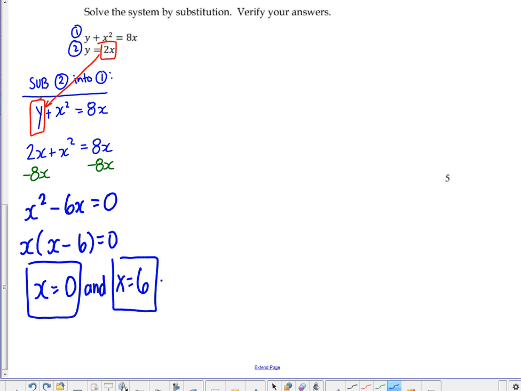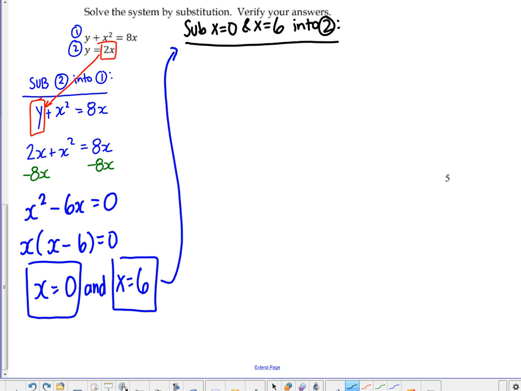Okay, now I need my y values. So we're going to sub x equals 0 and x equals 6. Which equation do you want to use? 1 or 2? Into 2. Okay, y equals 2 times x. So we have to do it for both x equals 0 and x equals 6. So what's y equals when 2 times 0 is